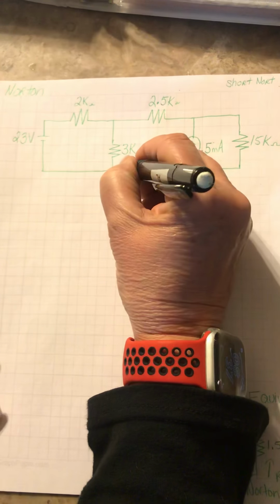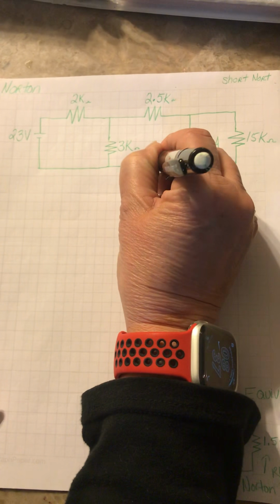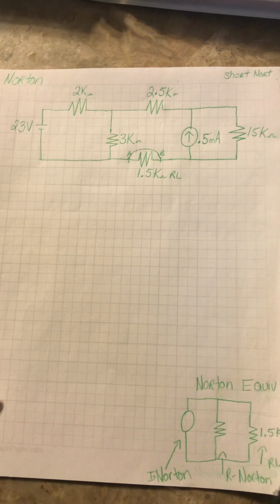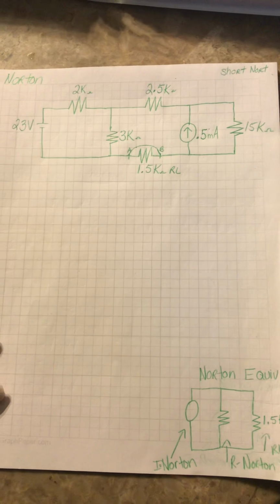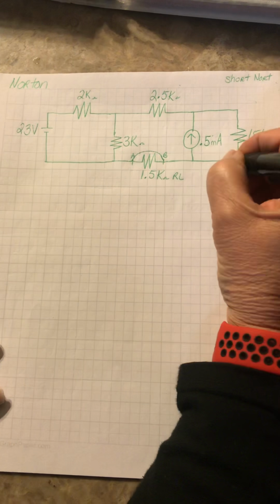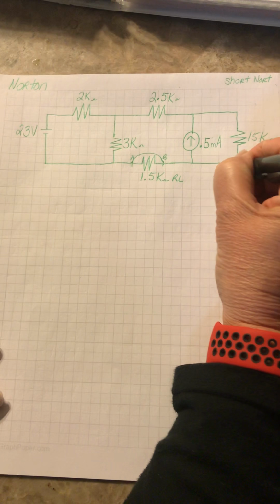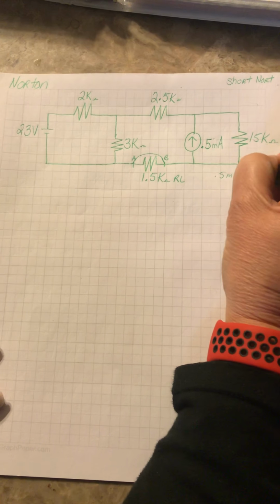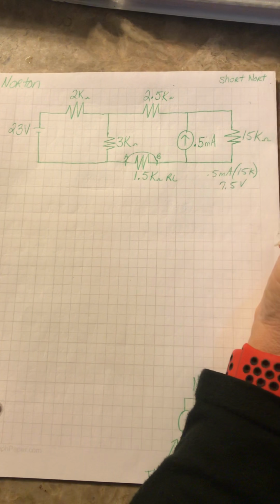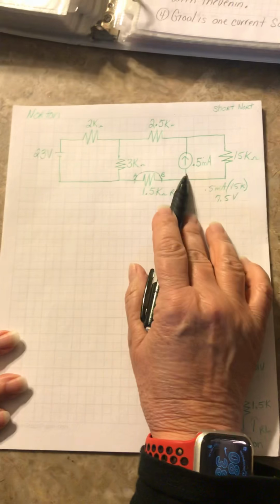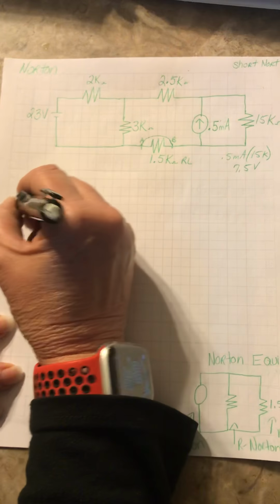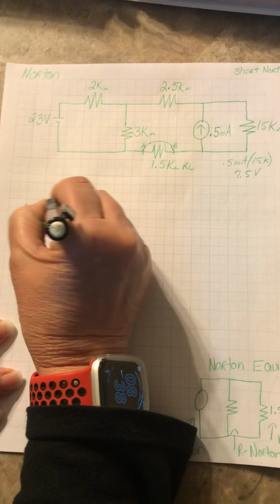The first thing we do is we short the Norton. So we short that. It also wants to see voltage drops in the circuit instead of current. So right here, we have to do a source conversion. 0.5 milliamps times 15K gives you a voltage of 7.5 volts. And remember, when we do a source conversion, current in parallel is voltage in series. So when we redraw this, of 23 volts,